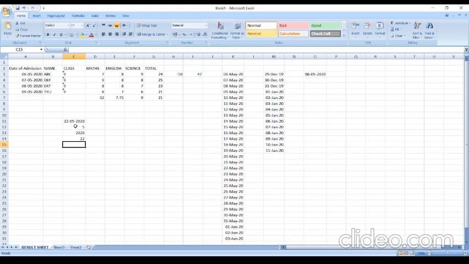Or if you want to show it as text, it is showing me the complete month, that is May. I am writing a text so that instead of 5 it is showing me today's month.